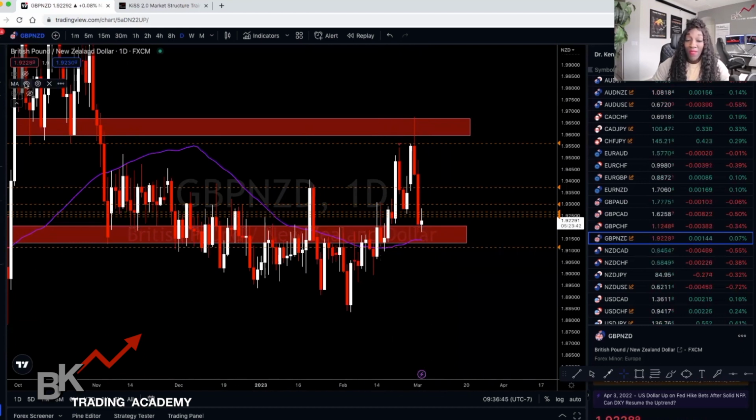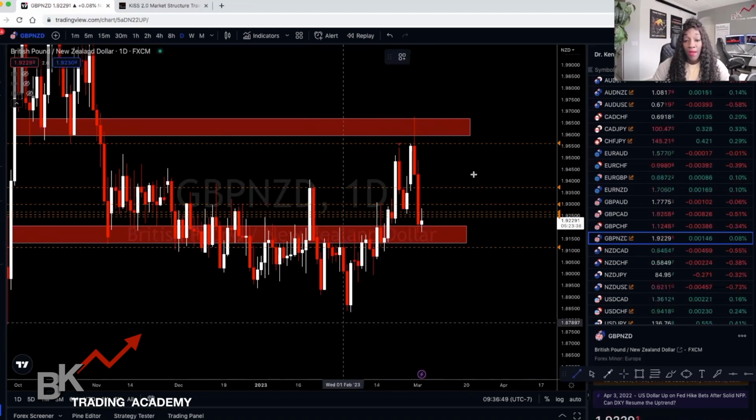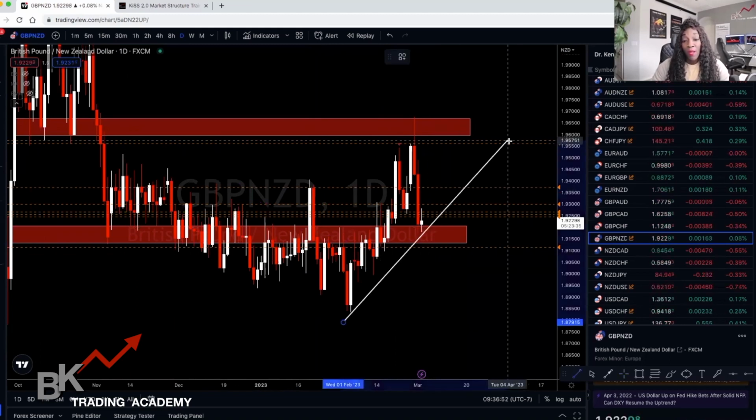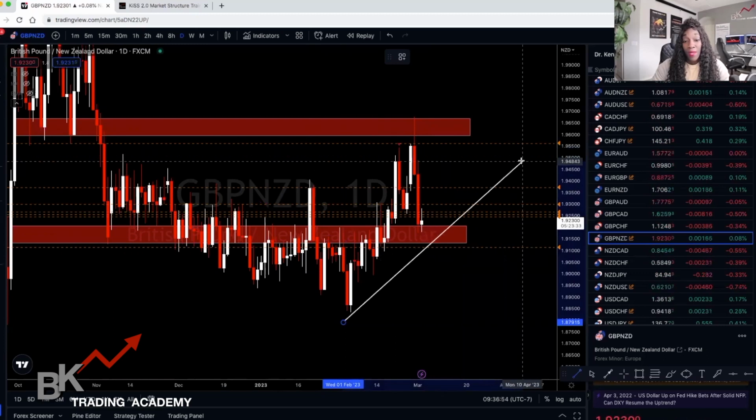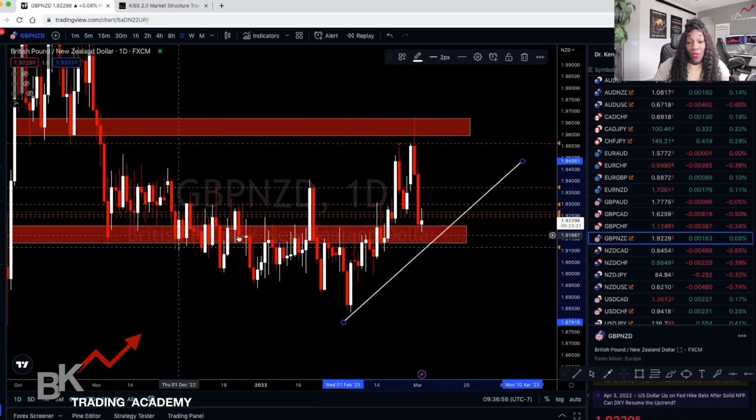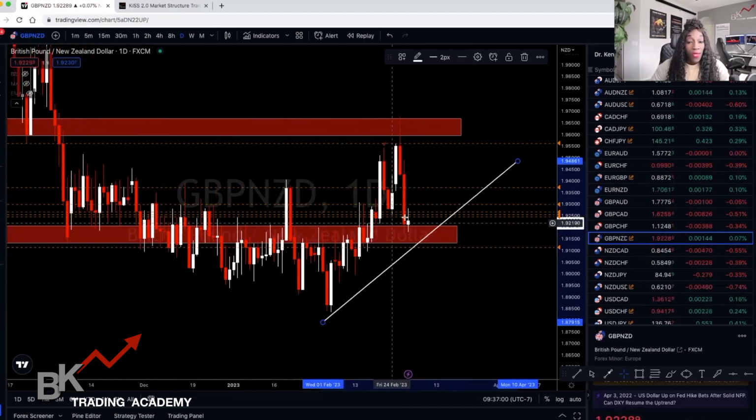So I'm just going to remove that because I like a nice clean chart. And here is my trend right here. Okay. So here's my trend. I'm not going to put it right there because it could come down a little bit within the zone. So when I'm looking at my entry, I'm always looking at, okay, one of the things that I see here